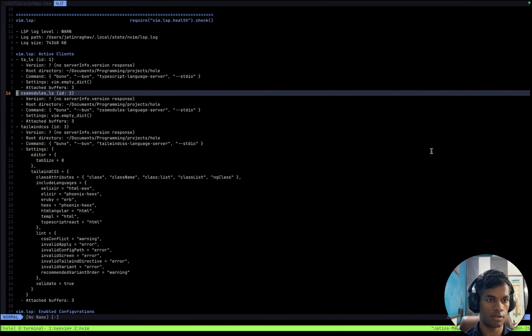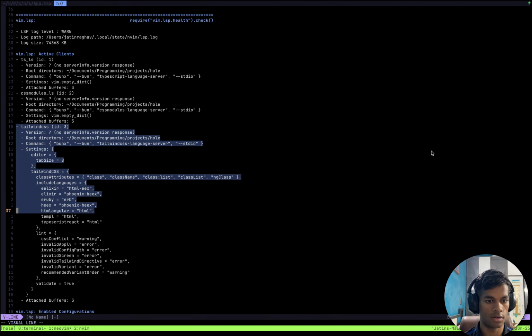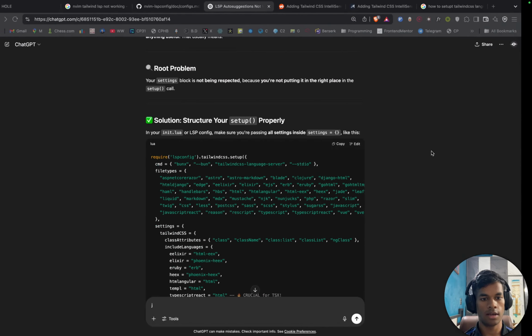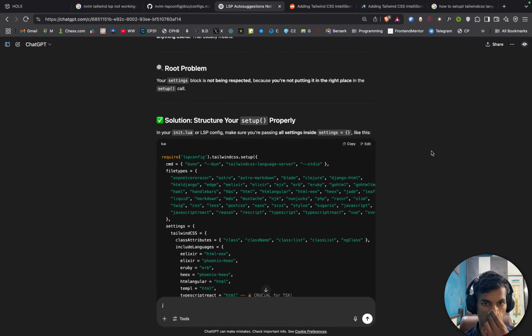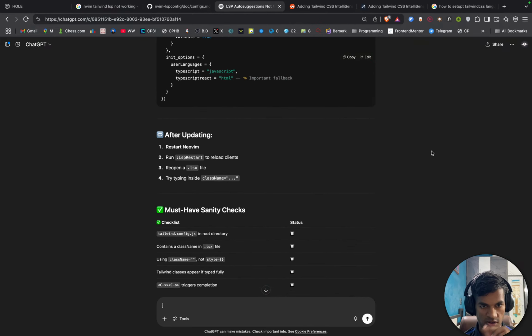This is working. See the modules. I don't know why. This is the thing I see here. Yeah, shit. Solution structure your setup properly, which I have done. And then after updating, unless we restart,